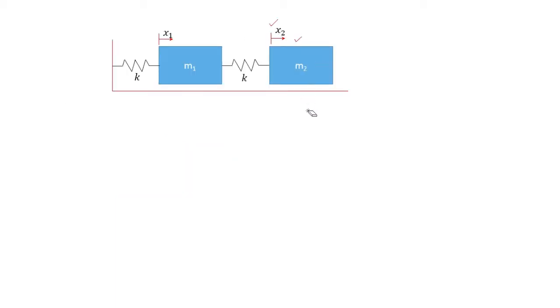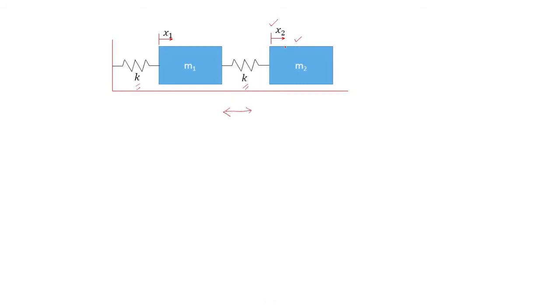So this is our spring mass system where we have two different masses. The first one is mass m1 and the second one is mass m2. These two masses are connected with two springs which have the same stiffness coefficient k. Now let's apply a horizontal pull force in the right direction, and then we will release the mass. Then the spring and mass system will oscillate in the horizontal direction.